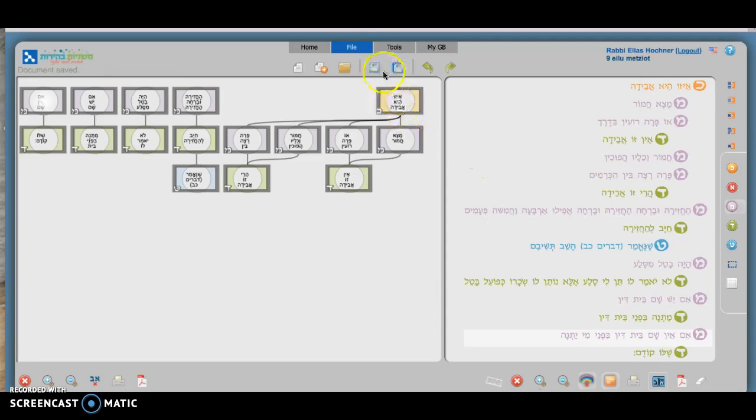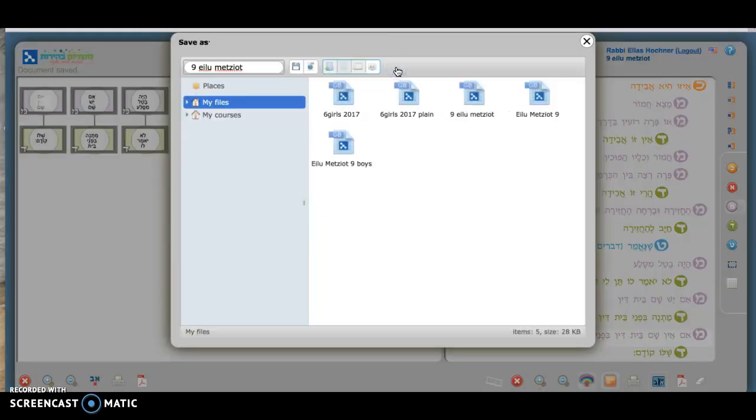Now you can go ahead and save your work, and you click save as, and you can click over here, for example, Mishnah number 9, and you can write, for